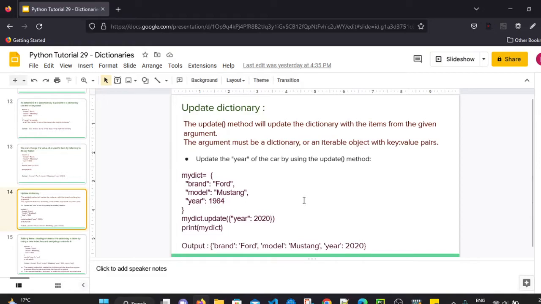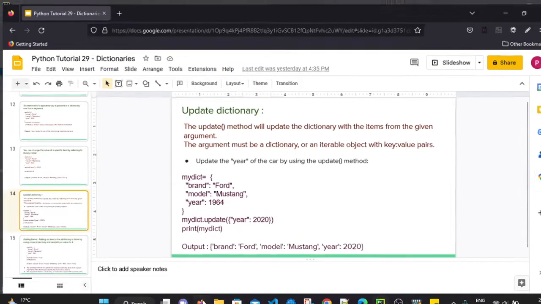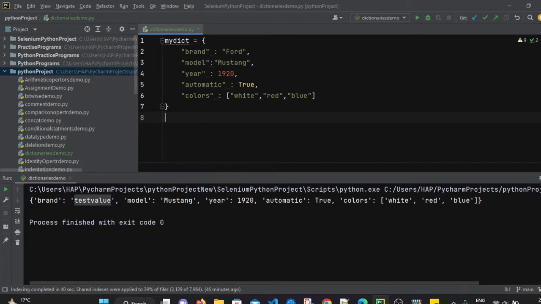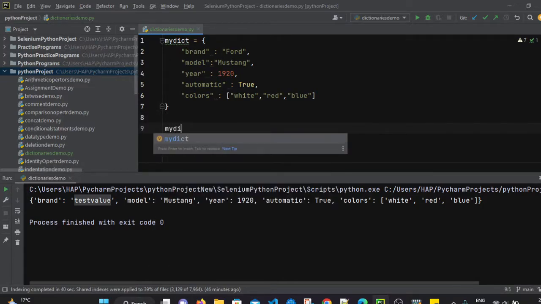So I can simply go to PyCharm. Here let's say we have one dictionary already defined, and I want to update this year 1920 to some other value. So I can simply use mydict dot update.